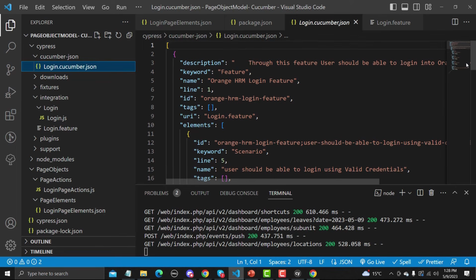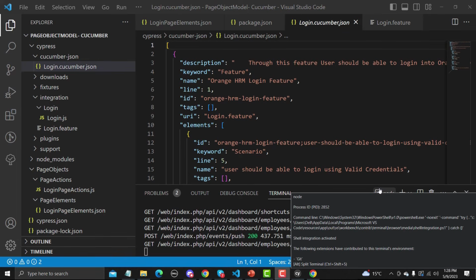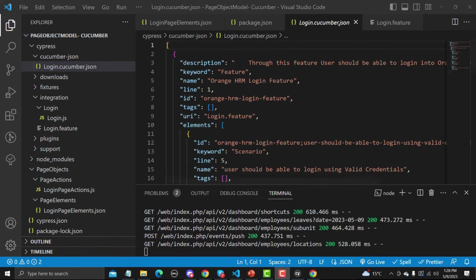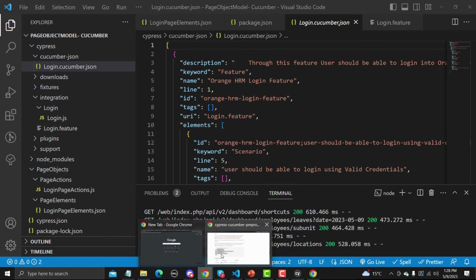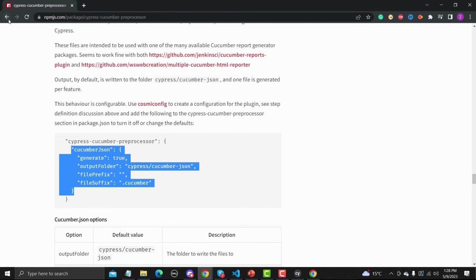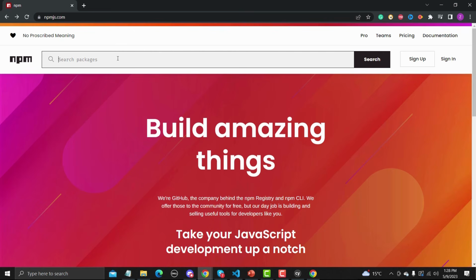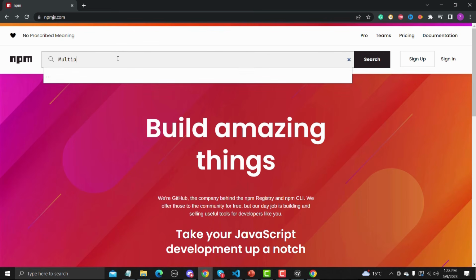And as a team member, what we need to do is generate the HTML report, right? So in order to generate the HTML, we need another plugin which will convert this JSON into the HTML format. Okay, so again, go back to this website here, npmjs, and here what we need to do is search for